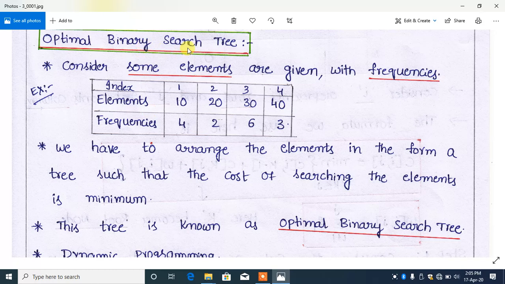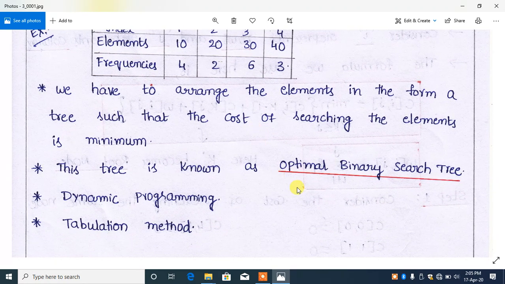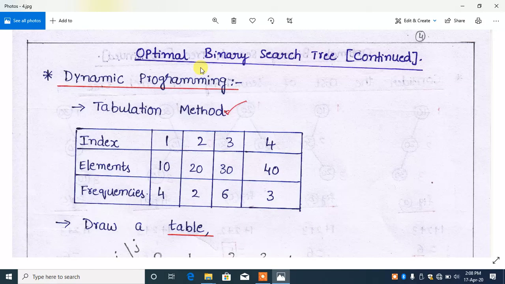In an optimal binary search tree, we consider the frequencies of the elements and construct a binary search tree such that the cost of searching is as minimum as possible. The optimal binary search tree can be solved using dynamic programming. In dynamic programming, we use the tabulation method for solving the optimal binary search tree problem.